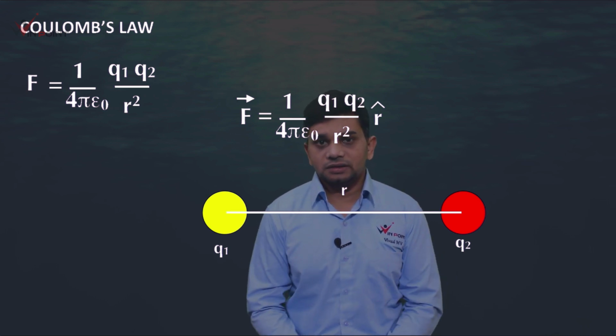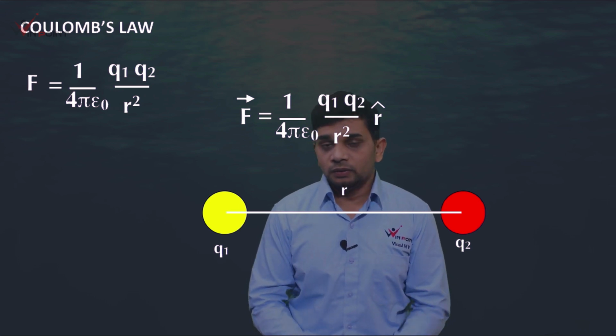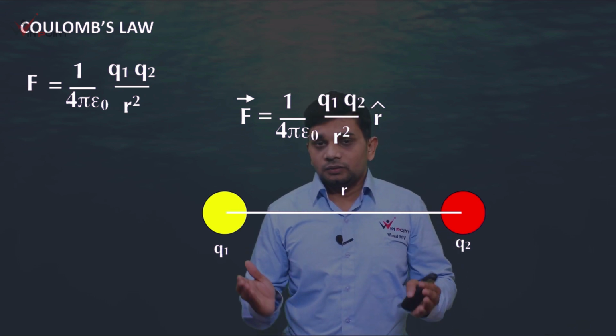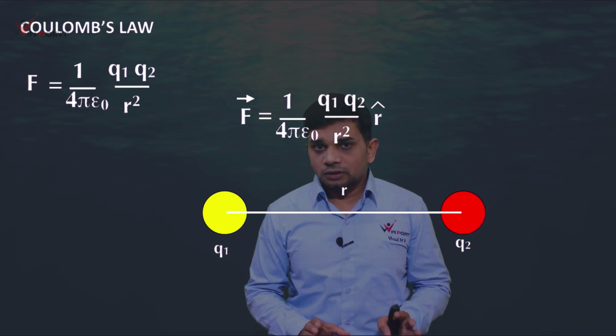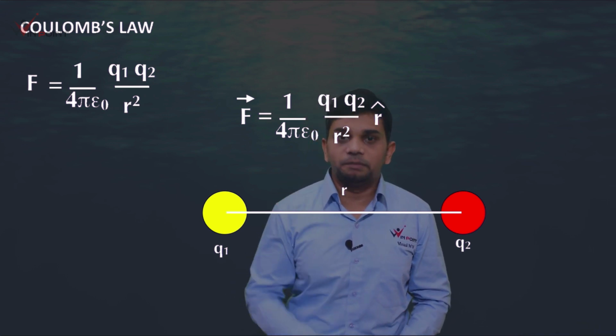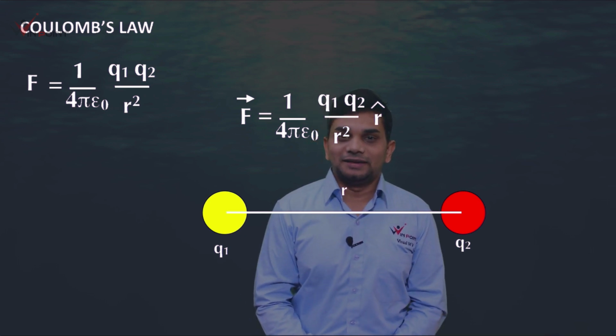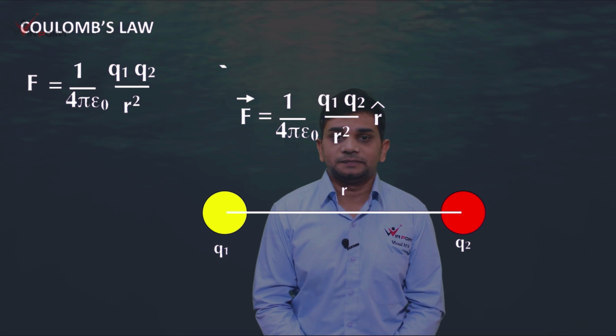Before starting the discussion, you need to have some basic idea about vectors. We will start with the basics. From this class, I am sure you are going to be able to write the vector form on your own. This is a very simple method. You need to concentrate in the class. Okay, let us start the discussion. First, we can discuss the basics.